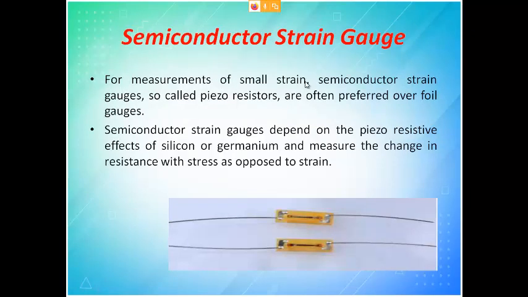Then comes semiconductor. So we all know what a semiconductor is. It itself is not a conductor and not an insulator. It will behave like a conductor during some part of time and behave like an insulator at some point of time. So when you take silicon, whenever voltage applied is more than 0.6, the device will get turned on, which means below 0.6 that semiconductor is an insulator, and when it is greater than 0.6, that semiconductor has become a conductor.